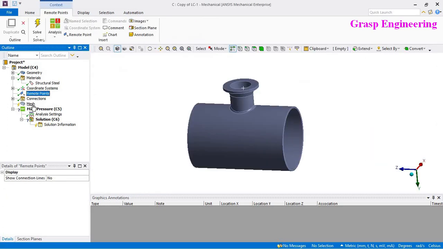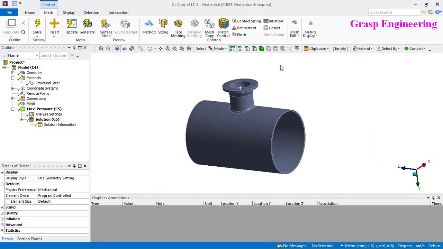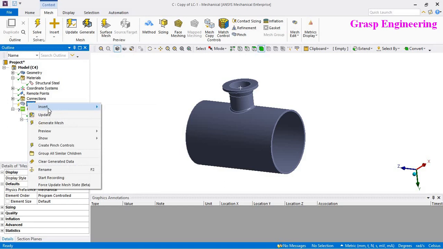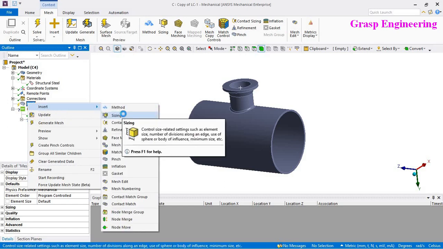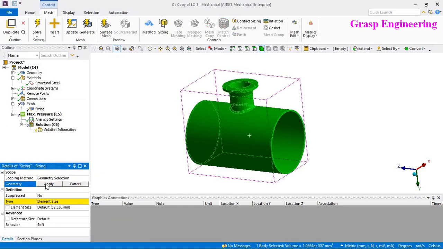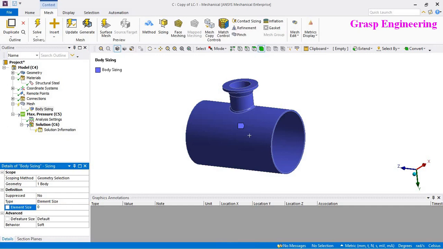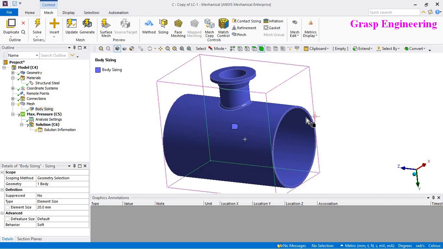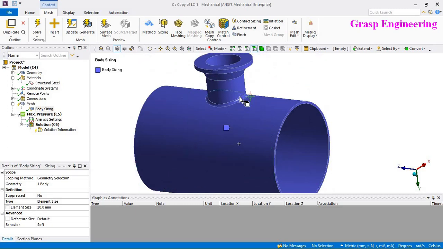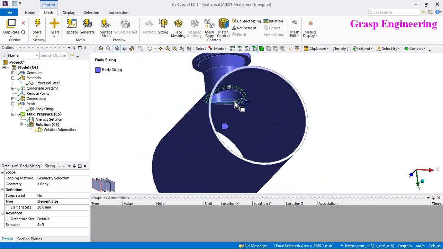Okay, now let's talk about the meshing part. When you are doing any fatigue analysis, always keep in mind you should go with a finer mesh. I will just keep some coarse mesh to get faster results. And what I will do, I will make this part and this part